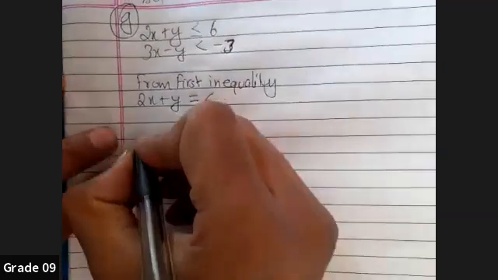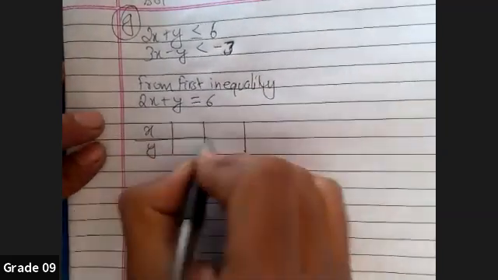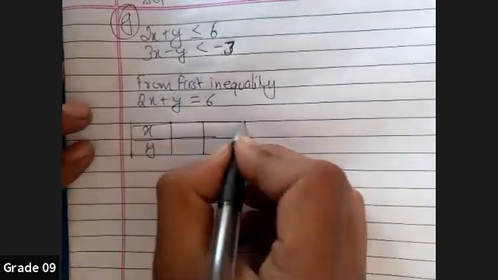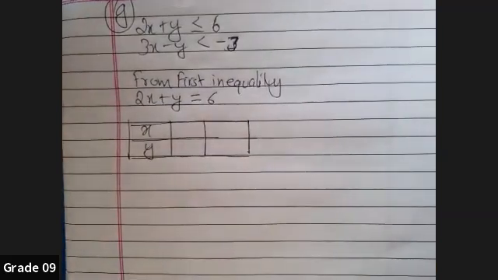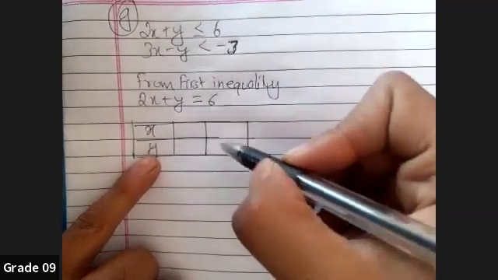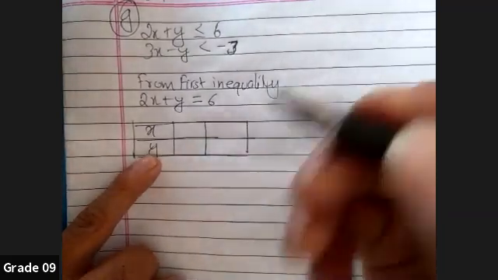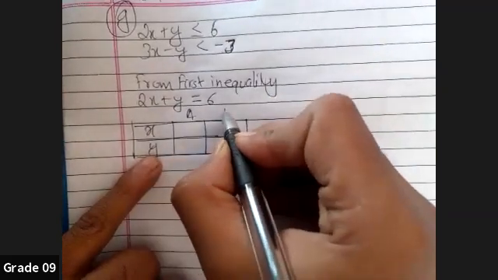And now you have to make a table-like structure with x and y and a minimum of two coordinates. Always remember my technique. This is a technical thing I'm going to tell you. Do one thing: keep x as 0 in the first part and keep y as 0 in the second part. It will be easier. So I'm going to write x as 0 for point A, this is A, this is B.